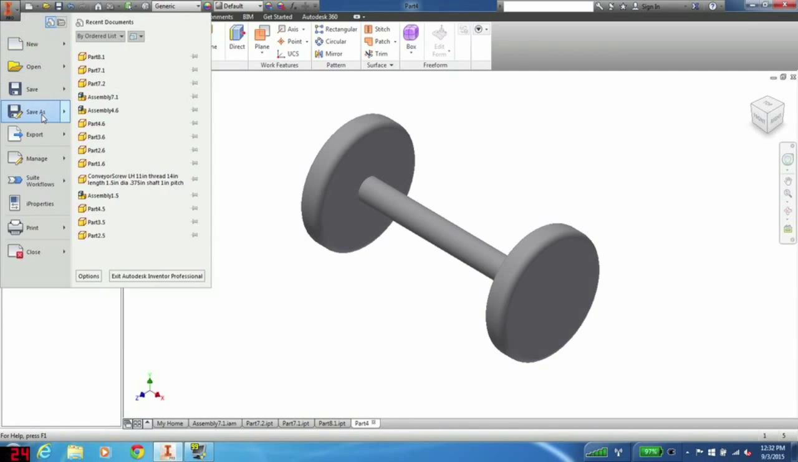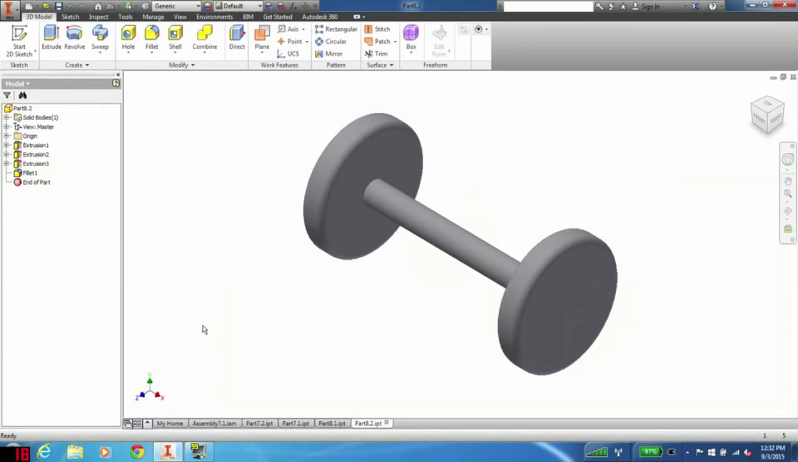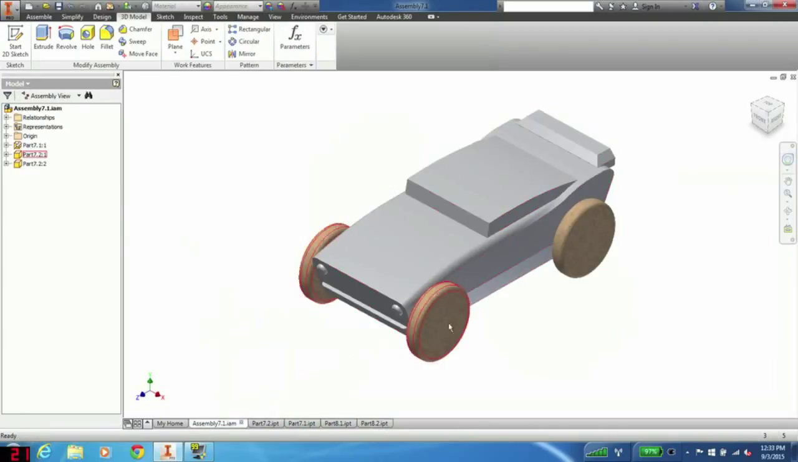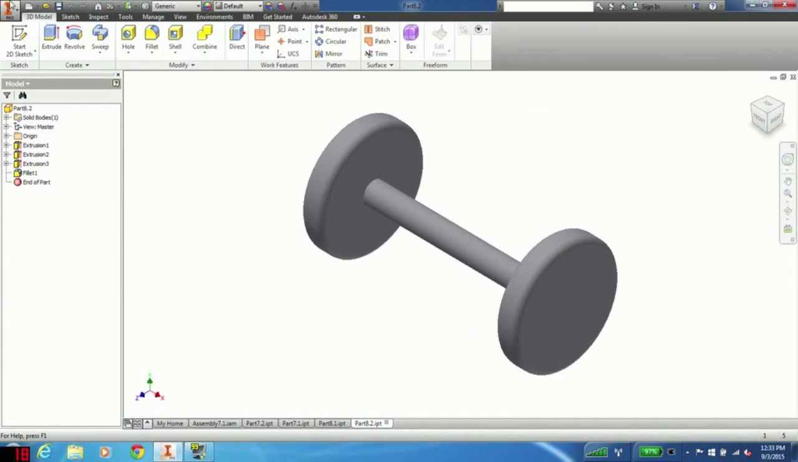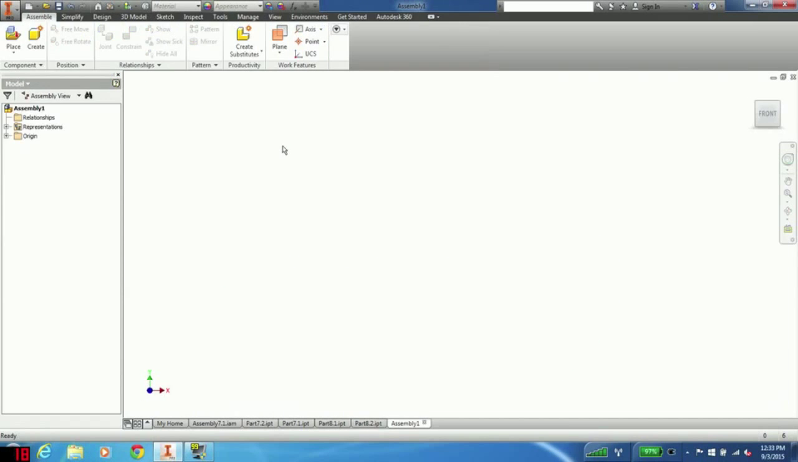And finish sketch, and then I'm going to save this as, for me, 0.8, 0.2. And now we're going to create the final assembly where we put the wheels together. And this time we're going to be doing something a little bit different. We're going to be using the joint tool as opposed to the constrain tool. This will be easier for the wheels